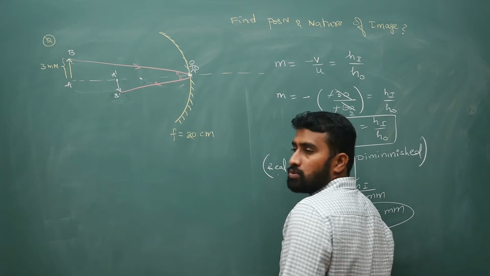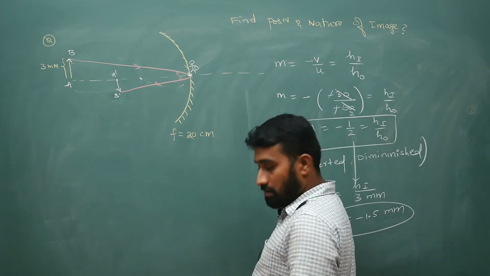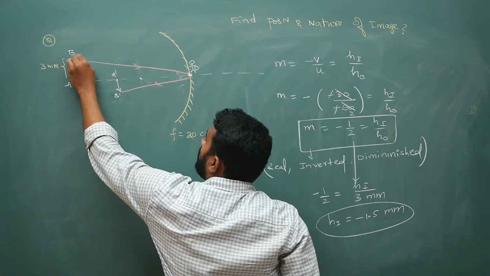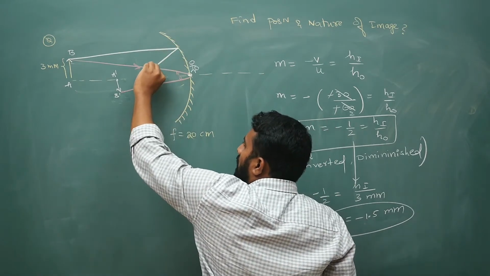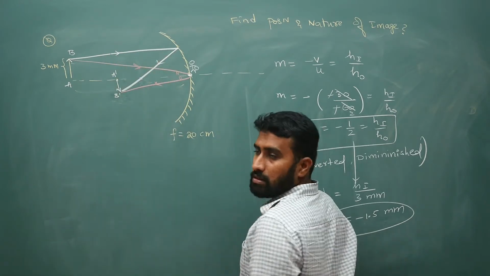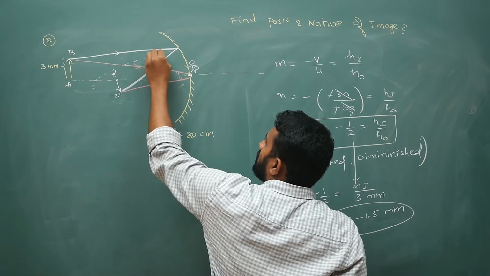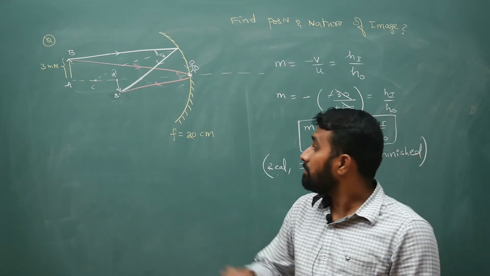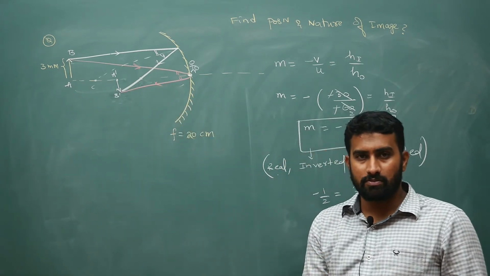The second ray is to explain formation of the image. Two rays are obviously enough. So from B I will draw one more line. This line will go parallel to the axis and come and join like this. So this will be your case, and somewhere here you have your normal. So these two will be equal. Simple. From this, draw lines in a reverse manner. Your diagrams will look neat.